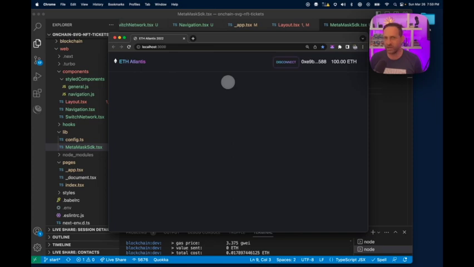It's just a UX feature. That's all that it is. It's not really disconnecting from the wallet, but we like to add it, or at least show people how to do it. The next thing that we can do here is we need to start to add the tickets and